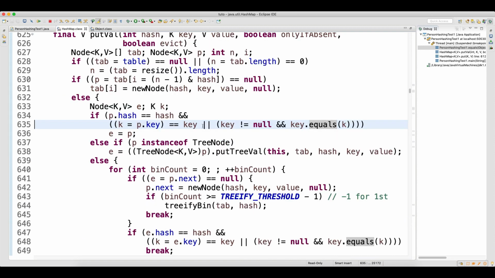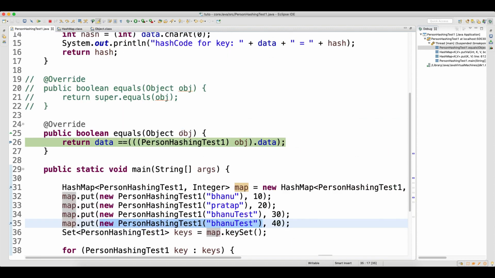So it will go for the case when both the objects are different, so this condition is not fulfilled. Okay, these conditions are not fulfilled, then it came to the equals. When it came to the equals, we are overriding the equals. Now in this object, what